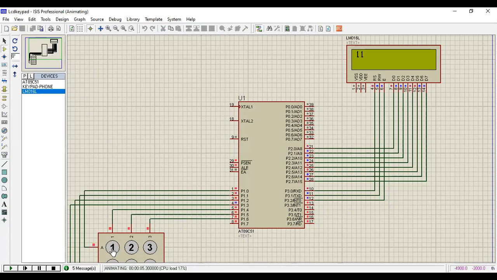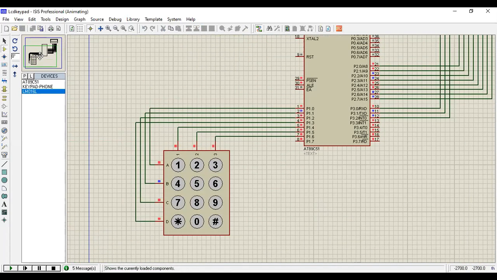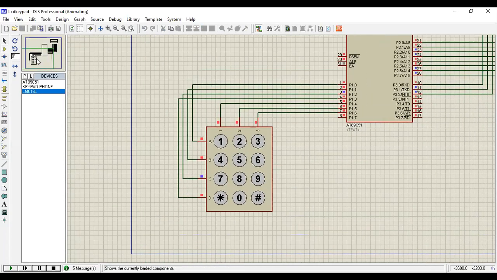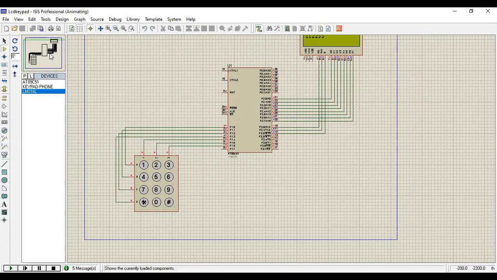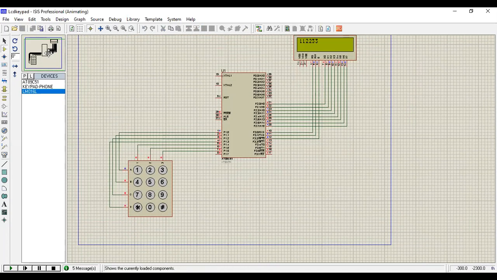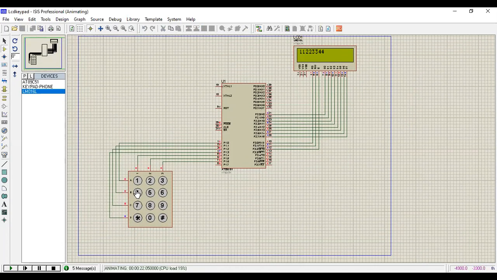Suppose if I am pressing 1, 1 is displayed on the LCD. 2, 2 is displayed on the LCD. 3, 3 is displayed on the LCD. And 4 is displayed. 5, 6, 7, 8, and it can display only in row 1.